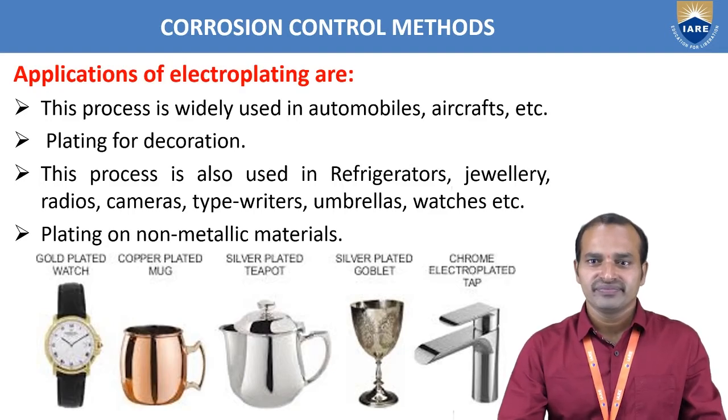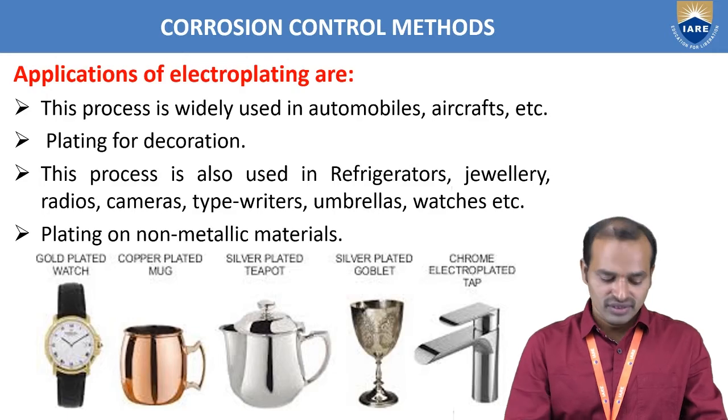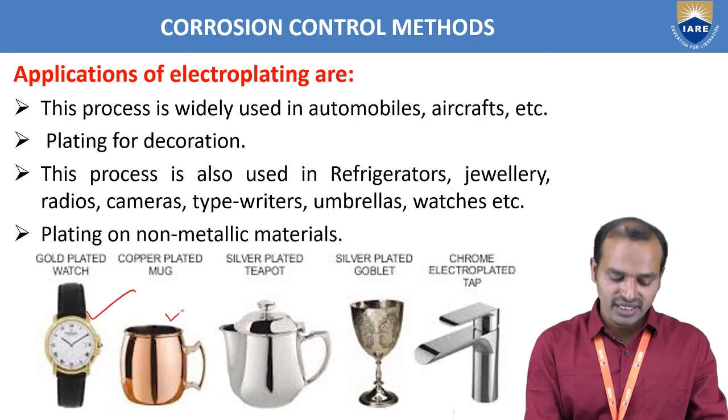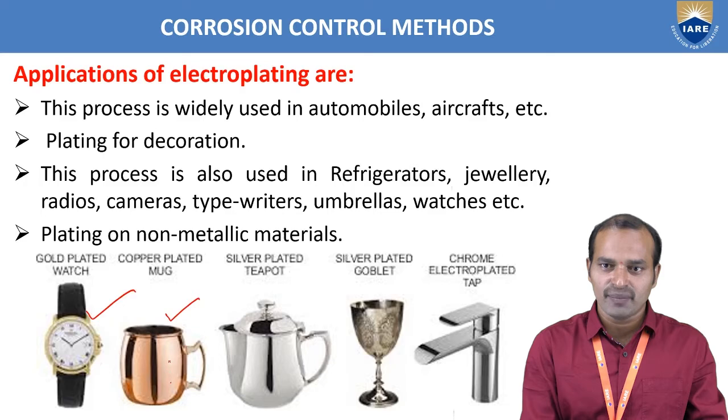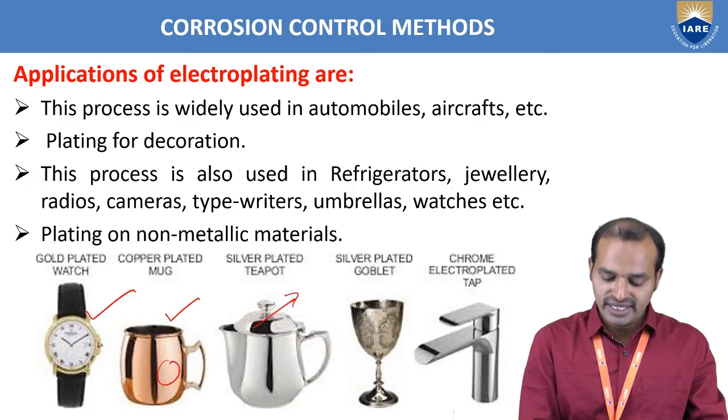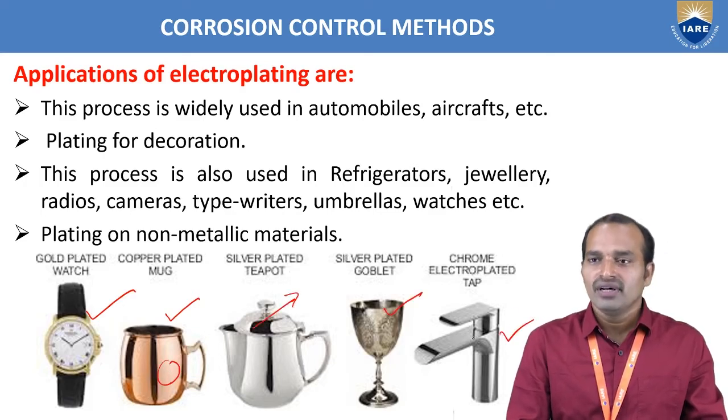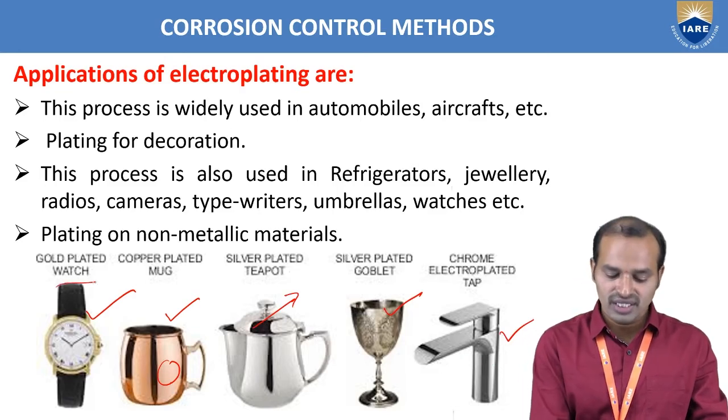You see, this is a wristwatch, and this is a jug. This one is copper coated, and this one is silver coated. This is a tap. On the tap we give silver coating or nickel coating, etc. So this is the coating of